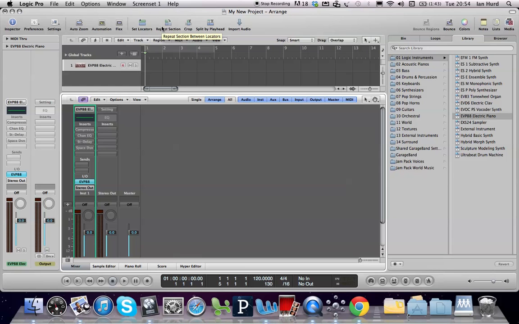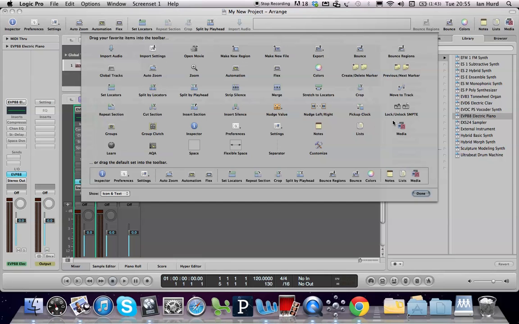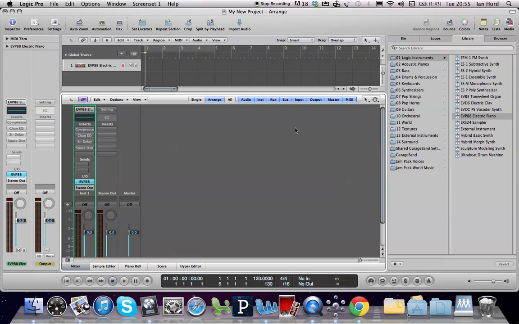and this is a customizable toolbar which provides one button access to a lot of the features and settings that you use the most. And if we press Control and then left click that, we can go to Customize Toolbar, and we can add in anything that we want in there that will help us. And that's saved for this project. Then there's the transport bar down here, which has got all kinds of crazy stuff on it, which we'll look at, including your main transport, play, forward, etc., and all of these areas here, which you can have a look at in more detail. So it's also customizable to a certain extent,